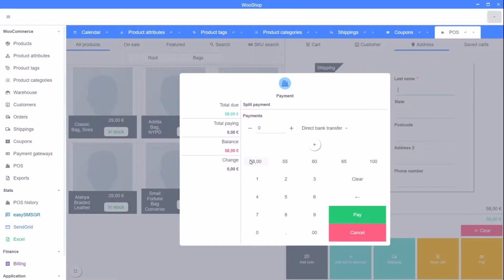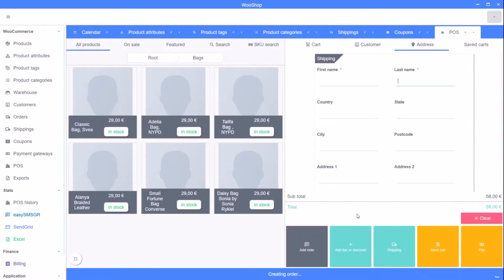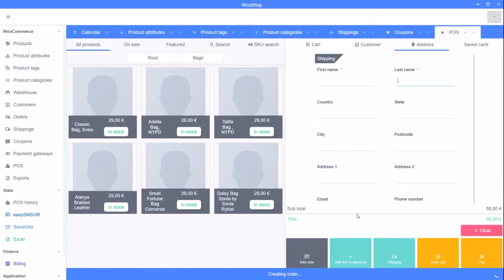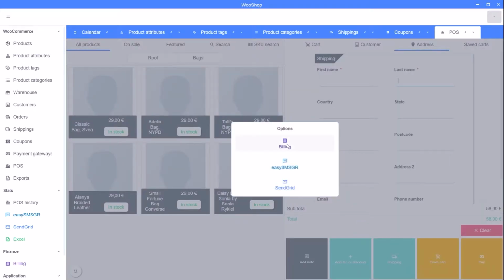You have a basic POS layout for change. Payment type: let's say the customer gave me 65 euros, the change will be 7 euros, for example. Pay, and that's it. And when the order is processed, you get the billing icon or SMS icon